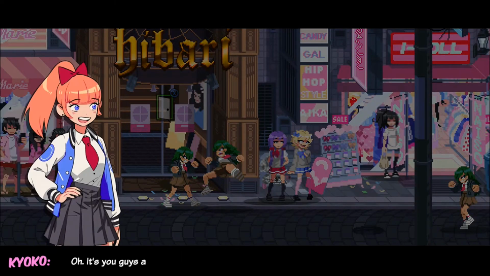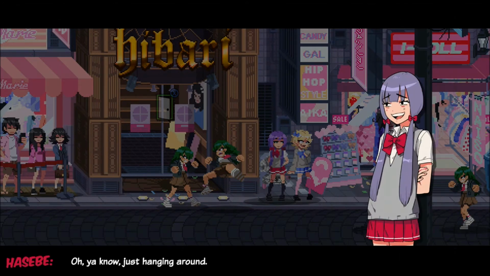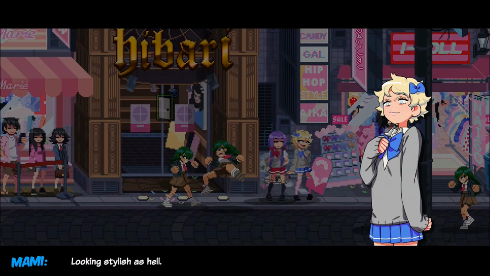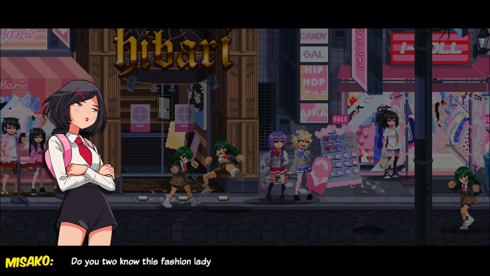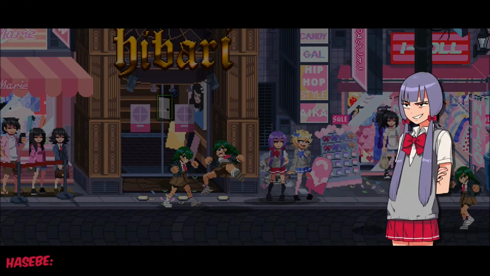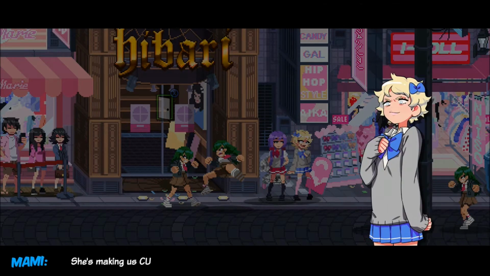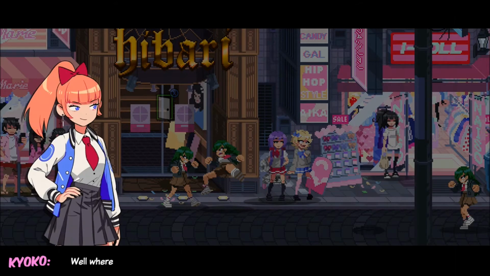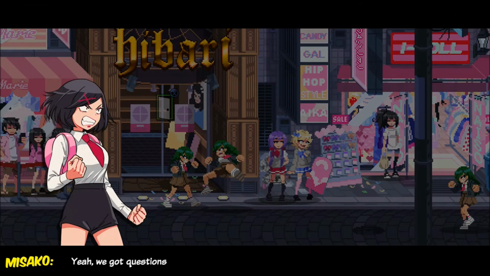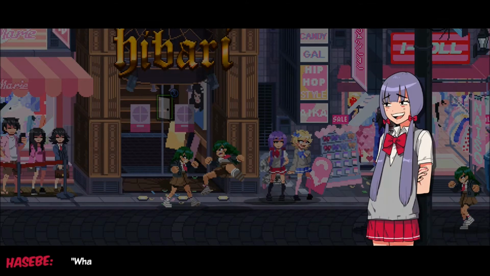Oh, it's you guys again. What's up, Hasebe? Oh, you know, just hanging around. Looking stylish as hell. Do you two know this fashion lady? Oh, you're serious? I usually am. Hibari is the fashion icon in River City. She's making us custom outfits. Well, where is she? Yeah, we got questions. Oh, let me guess. How do socks work? What's a bra? I know what a